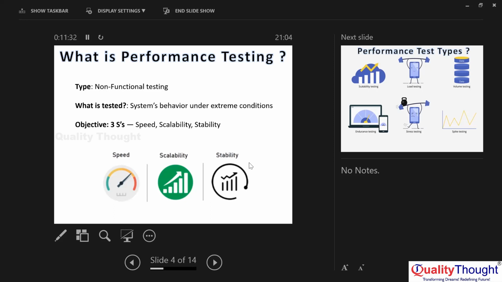Anyone? The graph is indicating you something. Yes. So,